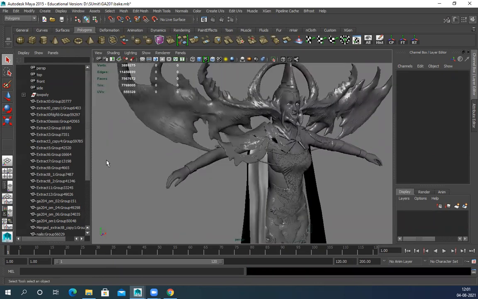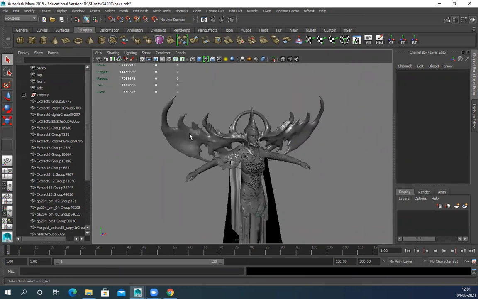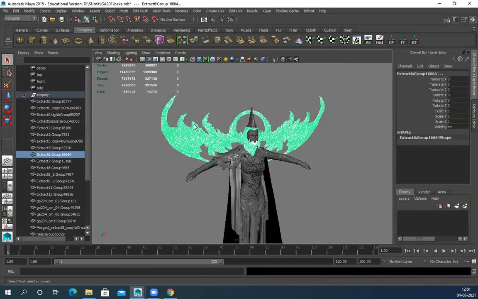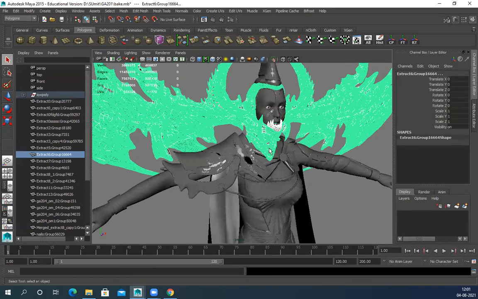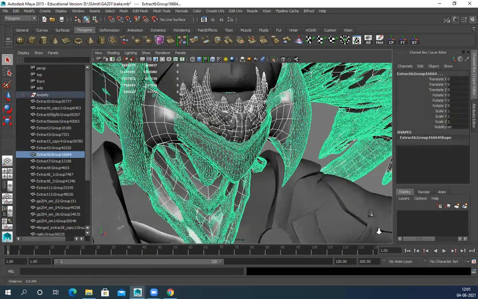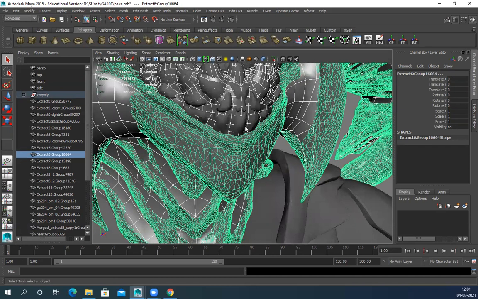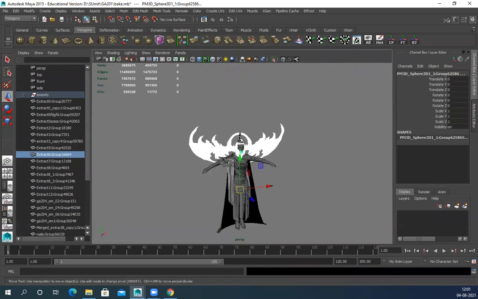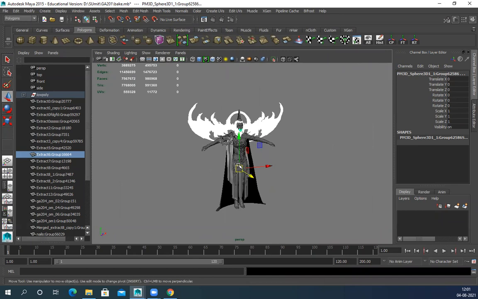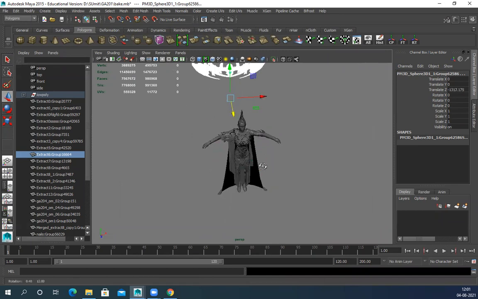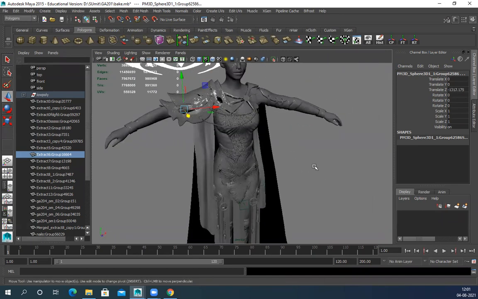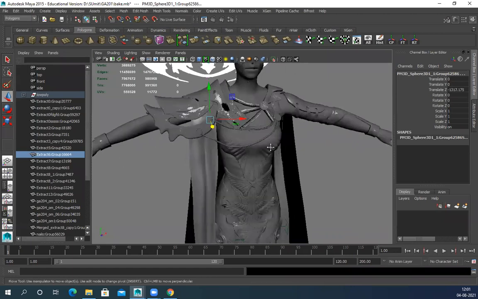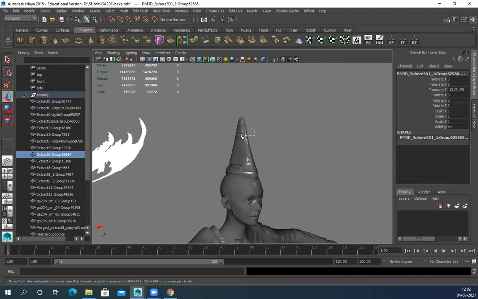Now all these parts I have separate. First thing first, go to object mode, drag and select your low poly and high poly together. Here I can see my high poly is not selected, so make sure you select your high poly also, press W, and move it. High poly and low poly need to be the same.